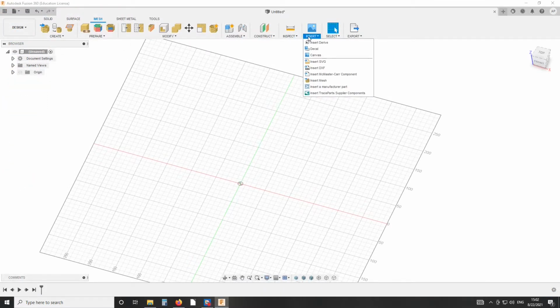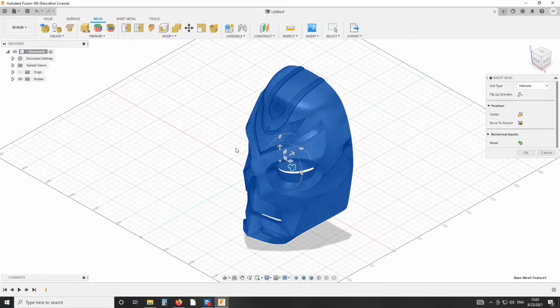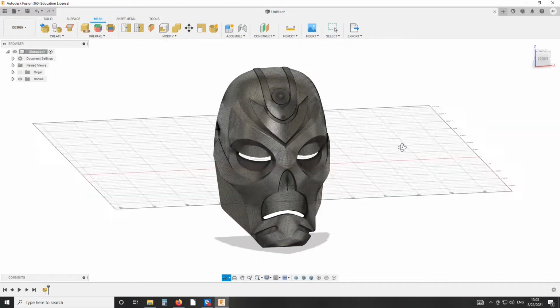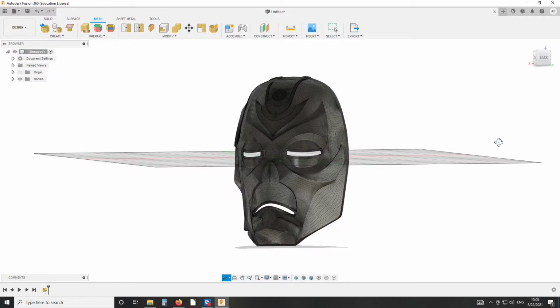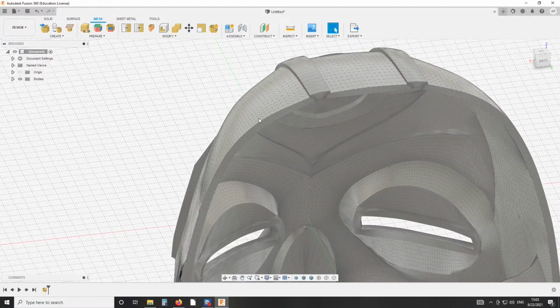Maybe there is a better way to do all the work in Blender, but I'm not very familiar with Blender. Yet. So here I opened Mesh Workspace and pressed Insert and then Insert Mesh. Big STL objects have a lot of small triangles, and it could be hard for a computer to calculate all of those triangles.